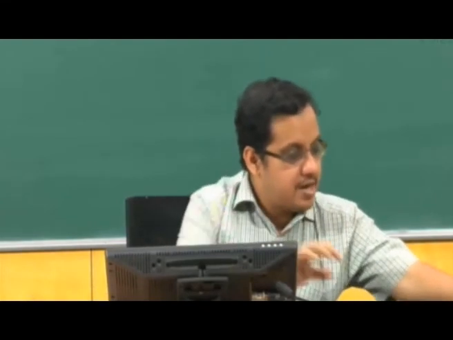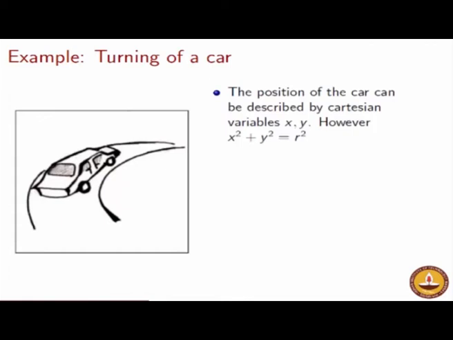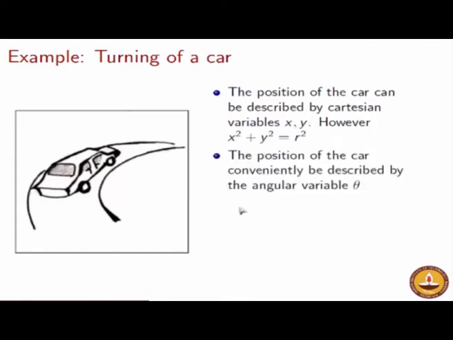So we will try to get some simplification by actually trying to eliminate one of these variables, which is precisely what a cylindrical coordinate system will let us do. But at this point I wish to emphasize that though this is a planar motion, it is not well suited to a description in terms of Cartesian coordinates x and y. The better choice would be to describe it through this angular variable theta.